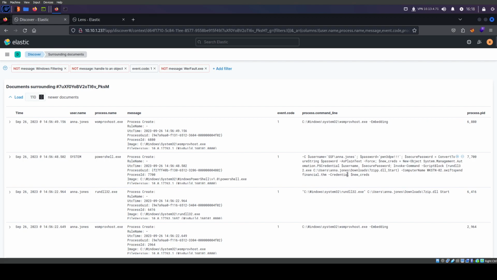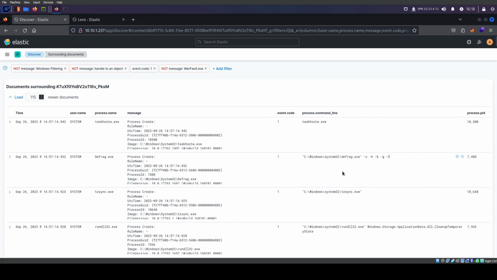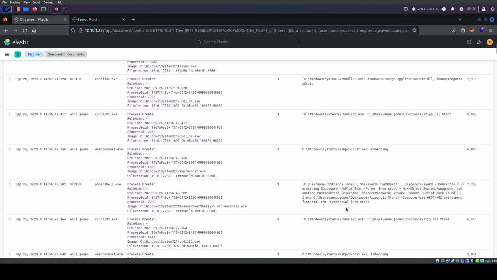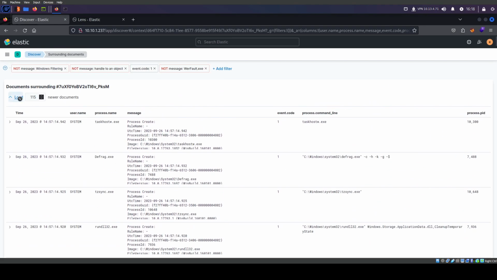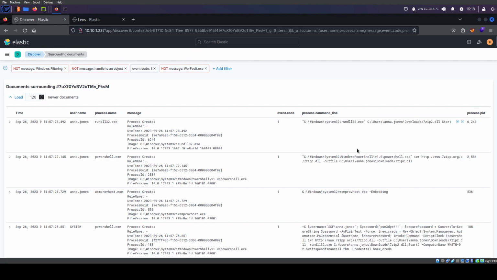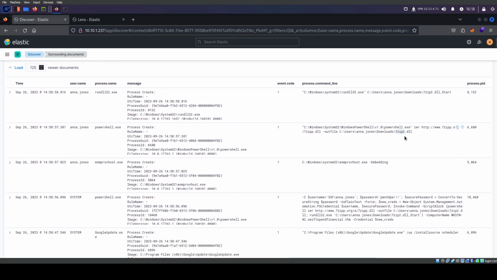Keep going up. Okay, now it's changing a little bit. Let's see, keep going. And okay, it's downloading again. So it's going in a loop. It's really trying to get there. Okay, so I'm here now. So there you go. It tried again.